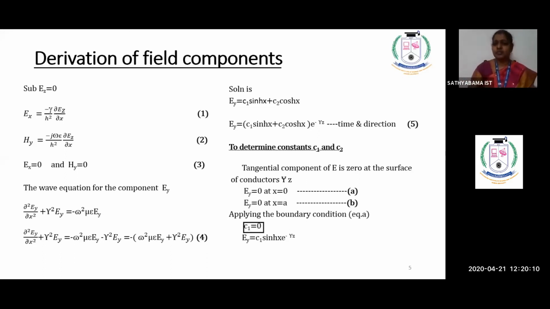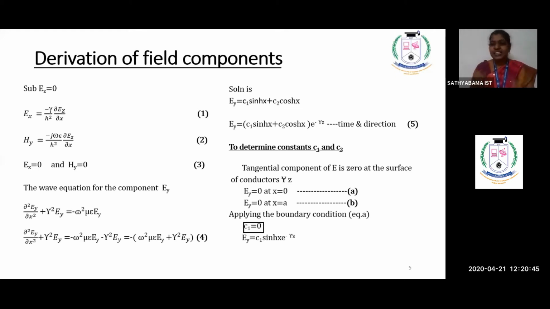So now what you have to do? The second order differential solution is in hand. But the solution has two arbitrary constants C1 and C2. If you are able to solve and find C1 and C2, you will get one component Ey. If you substitute that answer Ey into the parallel plane equations, you will get the remaining components you need. This is the flow of the derivation. Now to find the values of the constants C1 and C2, we need to write the boundary conditions.